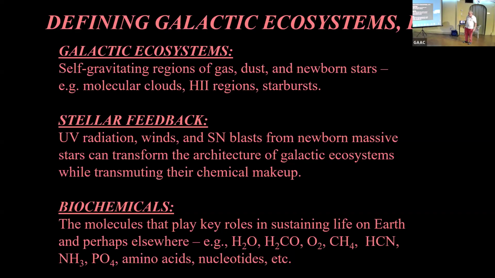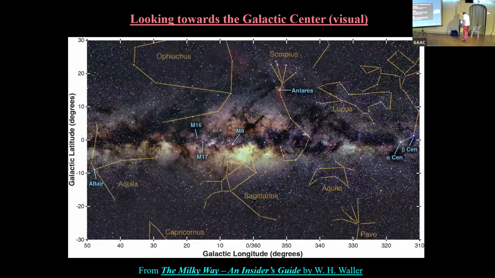Those are what go the ends in the HCN and the NH3. Those go into amino acids, which go into proteins. The phosphates, PO4, go into the structure of nucleic acids, not too shabby, and so nucleotides. So these are the biochemicals we're familiar with, and lo and behold, they can be found in galactic ecosystems. So enough text. Let's take a look